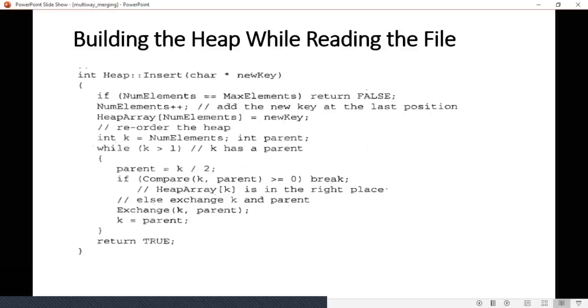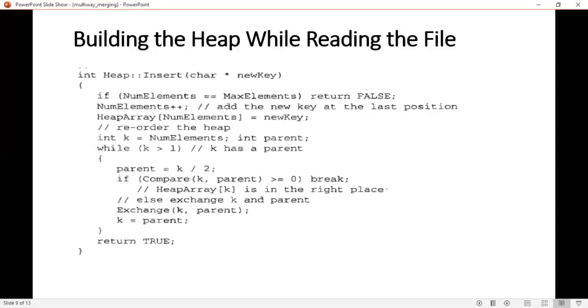Before moving to an example, we'll see how to insert an element using the code. Okay. Int heap insert of new key. New key you want to add to the array. What you have to do?